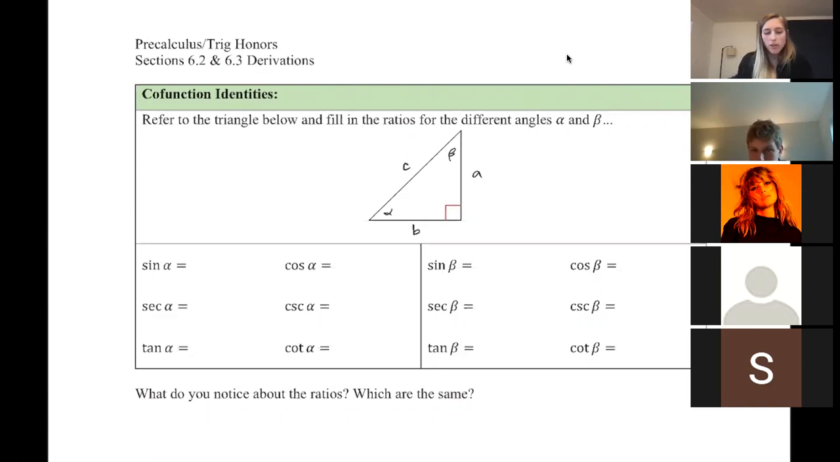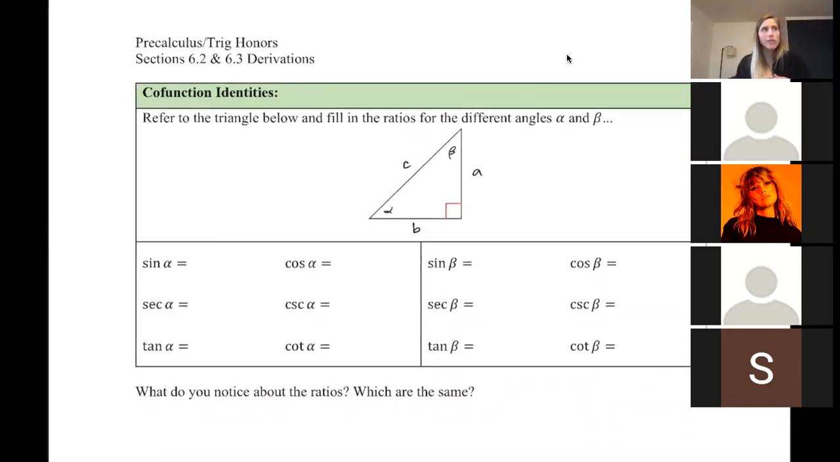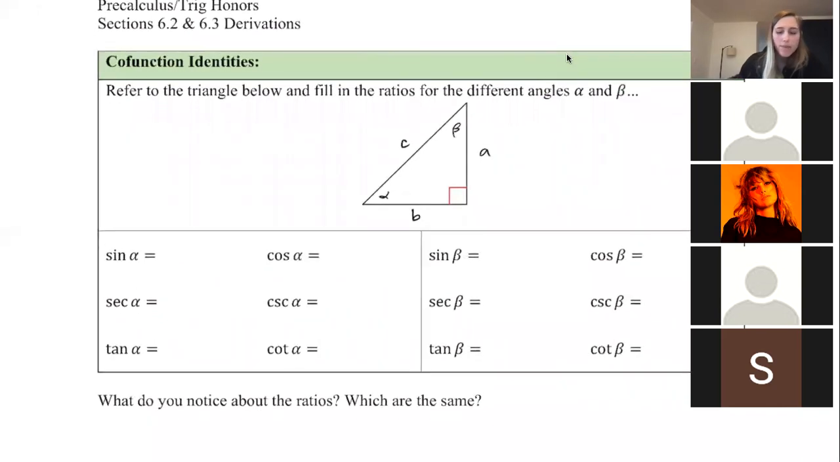So I had mentioned cofunction identities are actually in 6.1 from your textbook, but the rest of these are from 6.2 and 6.3. So that's why this worksheet is called section 6.2 and 6.3 derivations. And the first set of identities that we're going to talk about are the cofunction identities. And the cofunction identities are kind of cool because